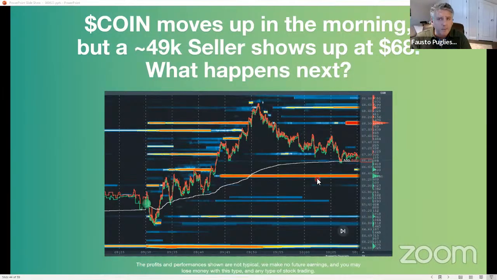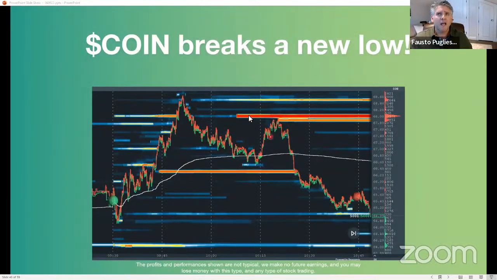Just like we're looking at Coinbase right here. Here's a stock that took a nice little run from 65 up to 68. And you could see how it came right back down to 66. And all of a sudden, you see this little red line starting to show up. Somebody decided around, I don't know, 10:10, I want to sell 48,000 shares, right? And guess what? You think you're the only one that sees that? A lot of you aren't, but the street does. And guess what ends up happening? 59,000 becomes another 17,000. And then you have a stock that goes from $68 down to 64.